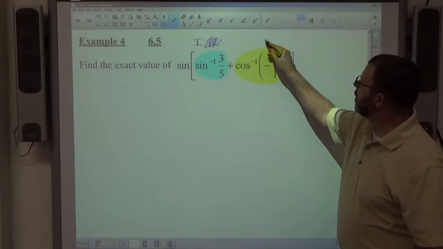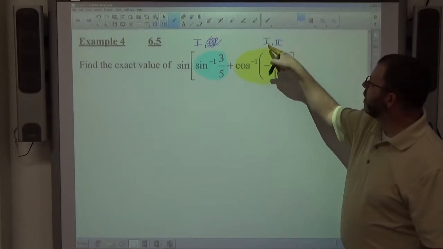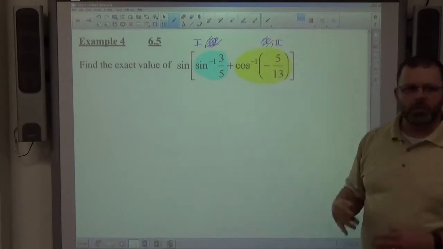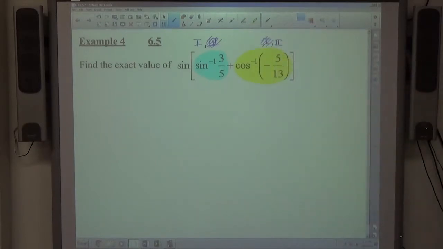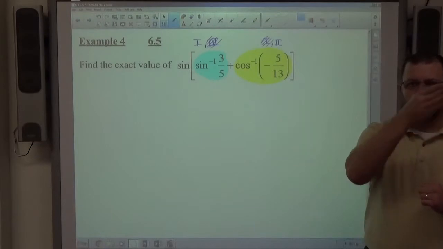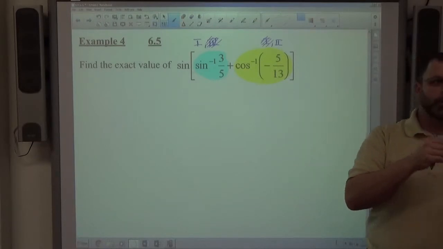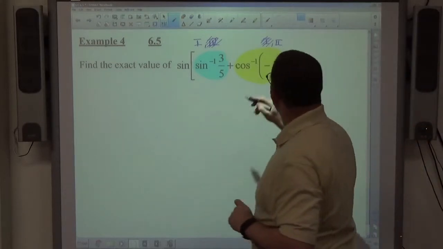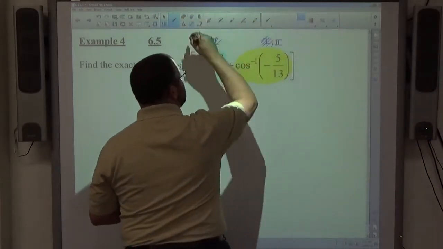Inverse cosine lives in either quadrant 1 or quadrant 2. Positive 1, negative 2, this is negative, so we'll go with 2. So when we're drawing these triangles, we want to draw them in the correct quadrant based on the inverse trig function we're dealing with. Inverse cosine and inverse secant have first or second. The other four have either first and fourth. First positive, fourth negative. For cosine and secant, first positive, second negative. So when I'm drawing these two triangles,